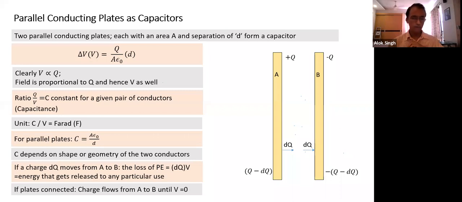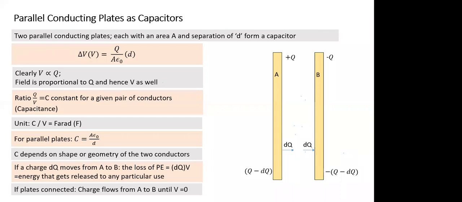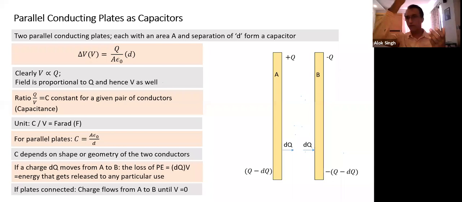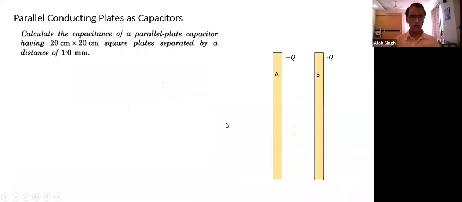Why is that so? V decreases. V keeps on decreasing. So basically, as the V keeps changing, the energy released for the same amount of charge transfer, dq remaining the same, will also keep on changing as V keeps decreasing. So is this something new we have done? Nothing really much new. Okay.